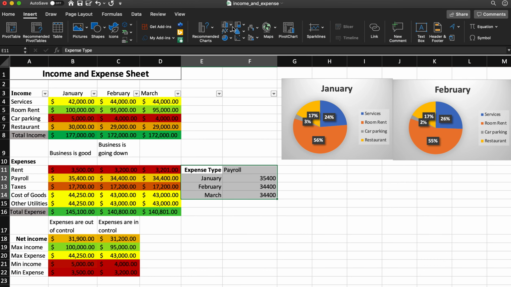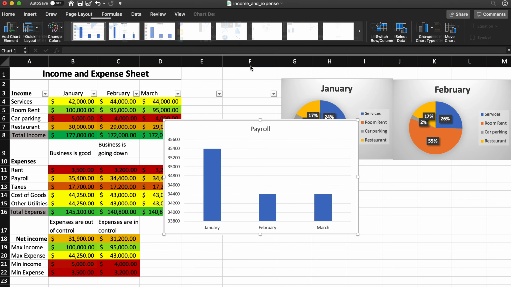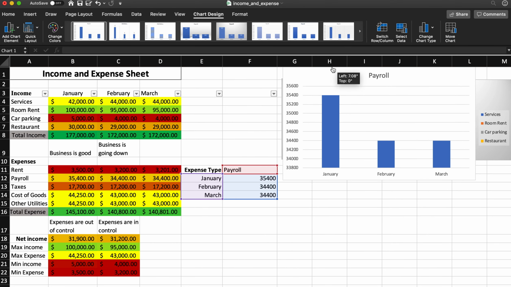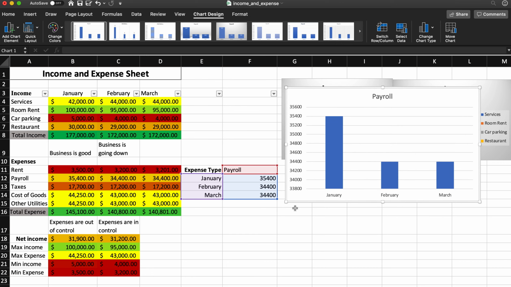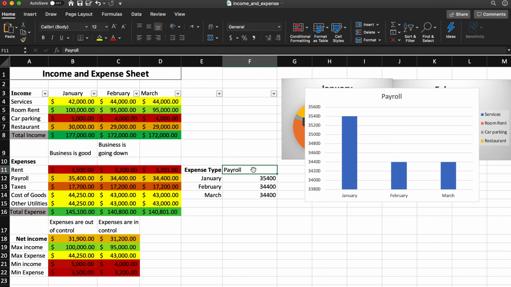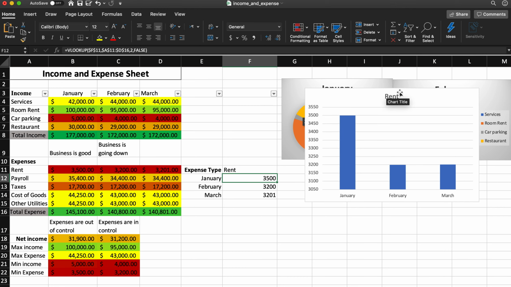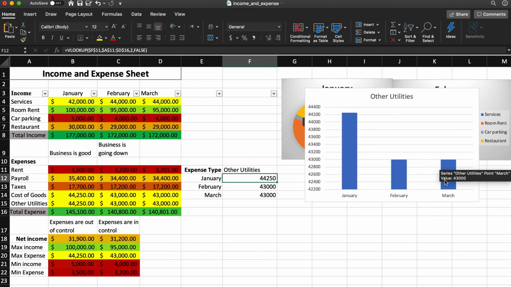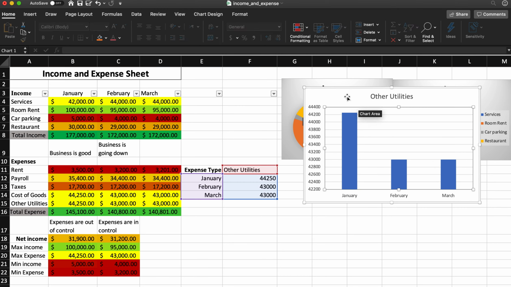And let's do a bar chart. We'll just do a bar chart here. So you see how payroll, this is what it gives me. But now if I change it to rent, and it says payroll there, if I change it to rent, now the graph changes too. So this is the best part, right? So it helps other utilities. This is very helpful when you are really looking for